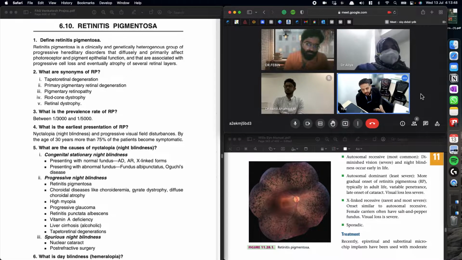Now, why there is ERM is because of the astroglial cells in retinitis pigmentosa. Because there is regeneration happening, they are trying to repair the retina, and that repairing is causing a membrane to form on top of the retina. So the ERM is there. That could very well be an ERM. If you say ERM also, you will not be wrong. Now, having said this,